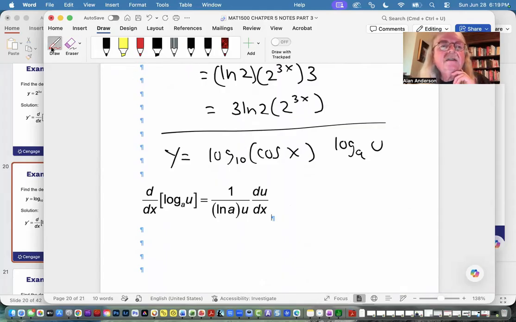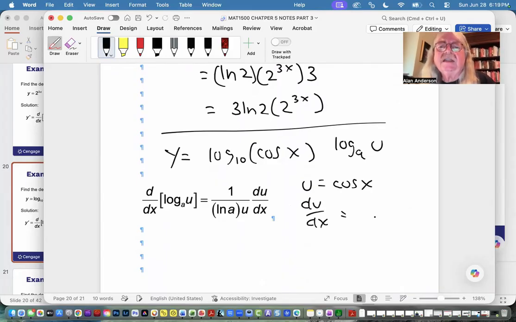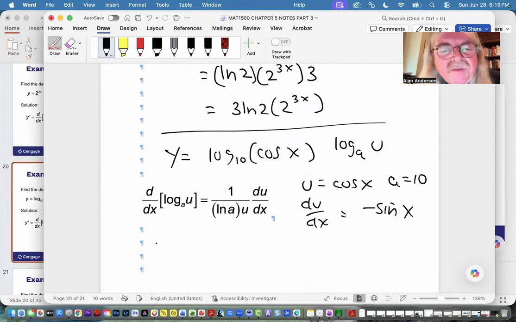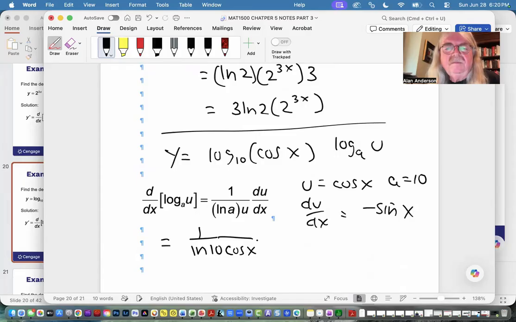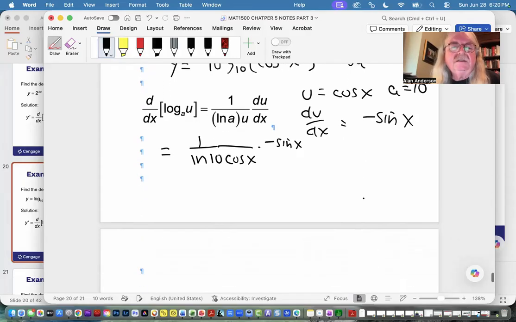So we'll define u as cosine x. du dx is the negative sine of x. A is the 10. So I think we have enough. 1 over log 10, times 1 over u, which is cosine x, times negative sine x. Or to make it a little neater,